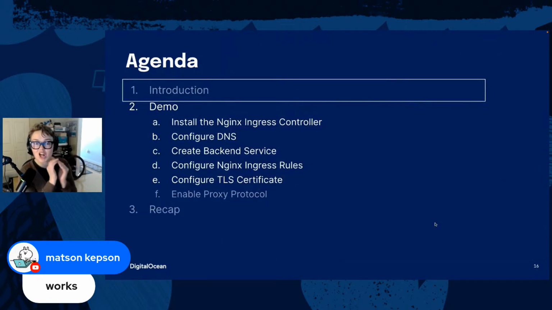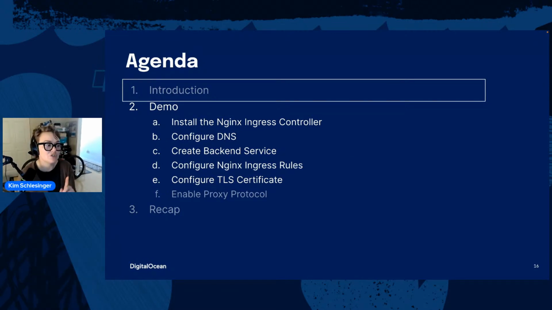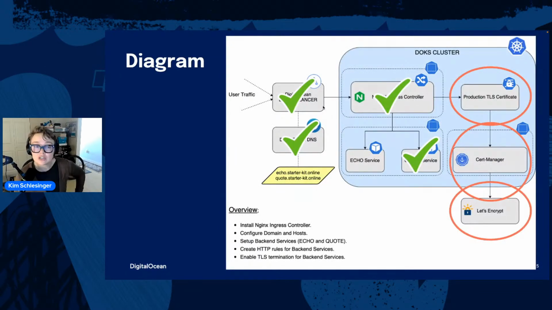Awesome. So we've done all of this, and there is one more thing that we need to do, and that is to enable proxy protocol. And there's no part of the diagram for this. Basically, because we have that DigitalOcean load balancer with its IP address, the traffic is hitting that load balancer, and then the load balancer is forwarding the traffic to the Ingress controller.